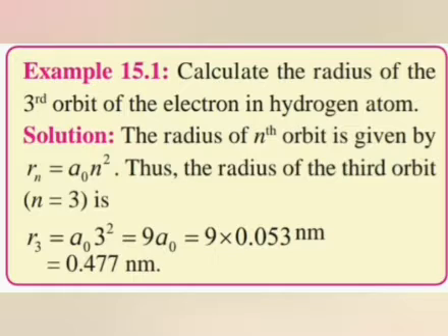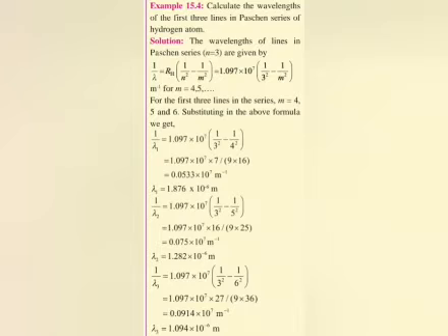As you know very well students the constant value, we have already found out the radius of the hydrogen atom orbit, that is the initial orbit, the formula we are getting. So the value is 0.053 nanometer. So here we are getting the radius of the third orbit is 0.477 nanometer. So let's move on students to the solved example which is based on the energy level.